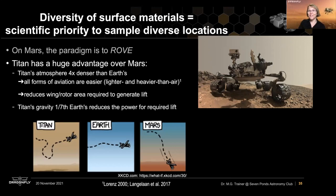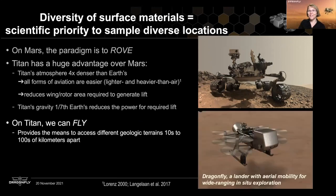to Titan and Earth. So with all of that, the idea is that on Titan, we can really cover a lot of ground because we can take advantage of this and we can fly. We can access geologic terrains that are actually tens to hundreds of kilometers apart over time by using this method